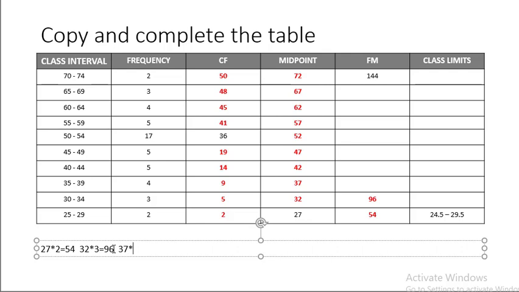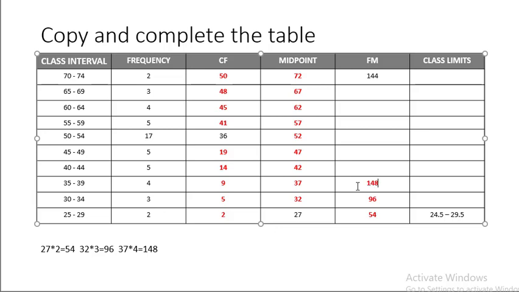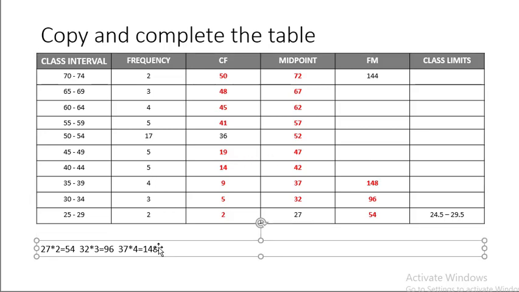37 times 4 is equal to 148. Now 148. Like I said, you can take your calculator with you as we solve along. So the next one is 42 times 5, right? 42 times 5. So let's see it out. 42 times 5 is equal to